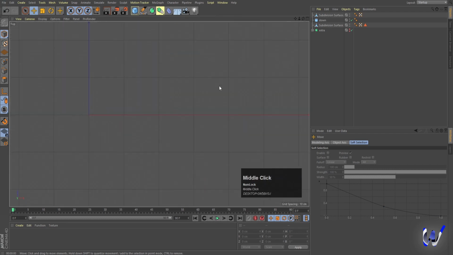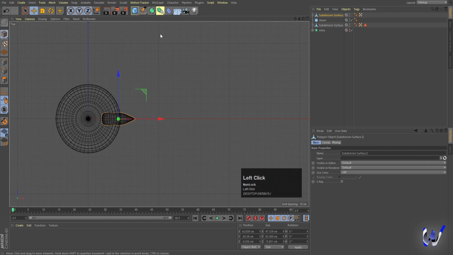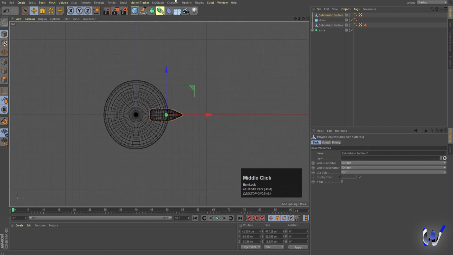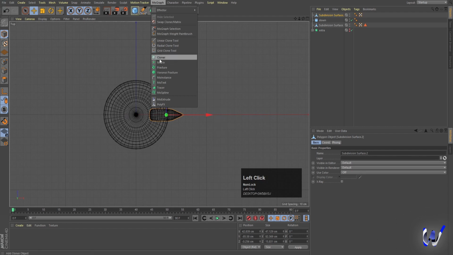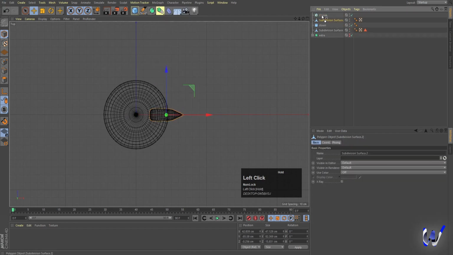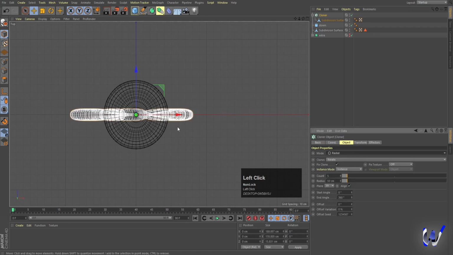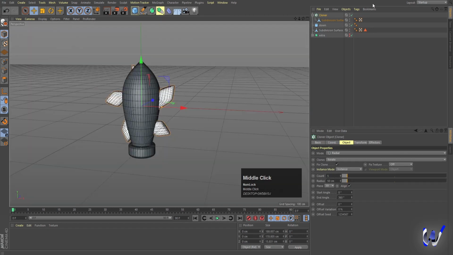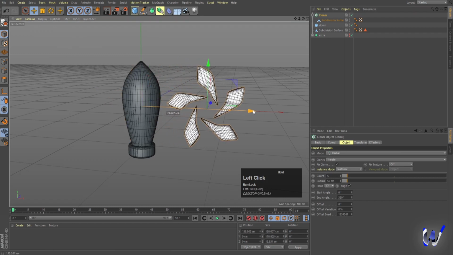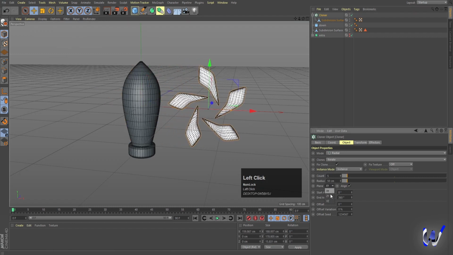Now after that, we need to duplicate it. So there are two ways. Either you can use cloner. So I'm gonna use my cloner over here. Select this subdivision surface, move this inside this cloner, and instead of linear, I'm gonna choose radial. Let's move this cloner over here so we can change the property. I'm gonna choose XZ